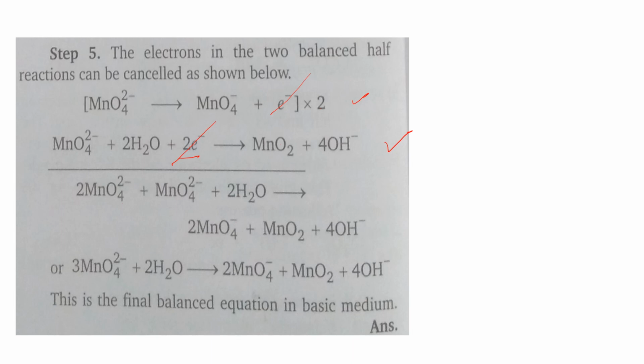Now from here, bring all the OH in one side and H2O in the other side, but it is given only like that. So it is 2 Mn plus 1 Mn, it is 3MnO4 2 minus plus 2H2O. We are getting 2MnO4 minus plus MnO2 plus 4OH minus. This is my balanced equation. So you have understood how to do it, but copy all the equations in your notebook and then do it on your own.